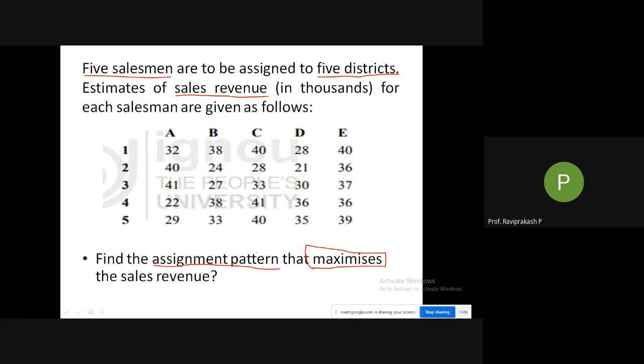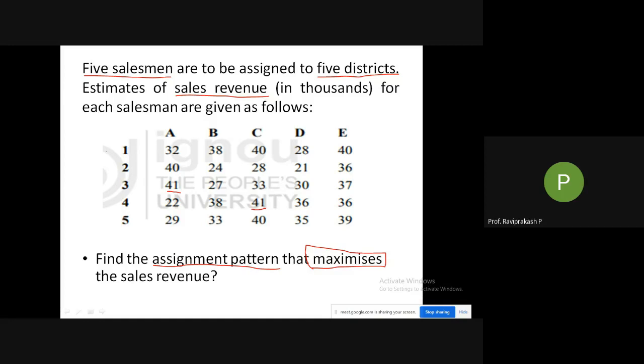Fine. So just tell me which is the maximum value in this particular matrix. Yeah, what is the maximum value in this matrix? 41. Yeah, correct. There are two 41s if you have observed properly. Here one 41 is there and here one more 41 is there. There are other values like 40, 36, 37, 39 also. So the highest one is 41.